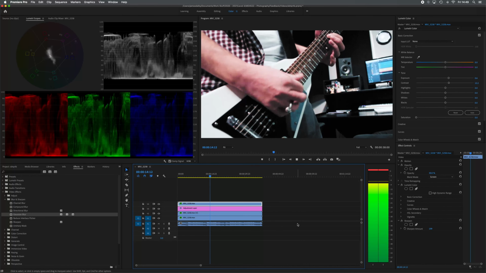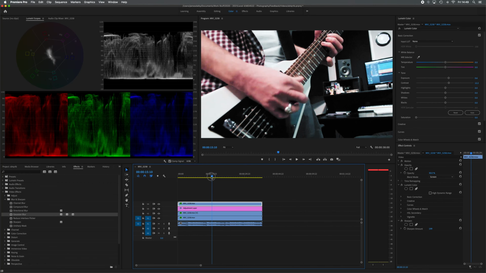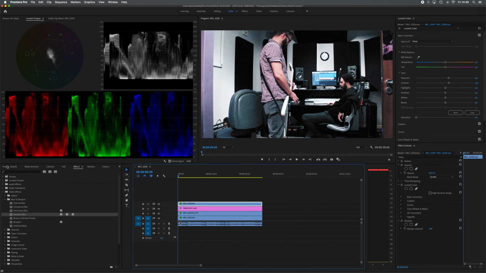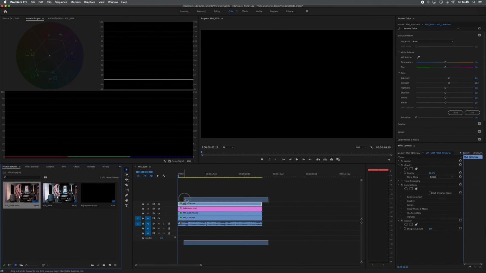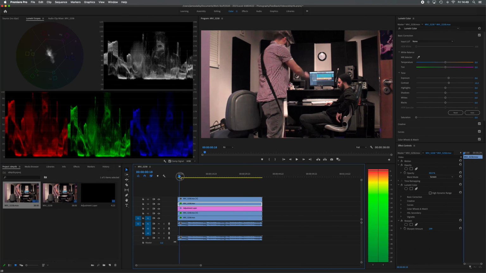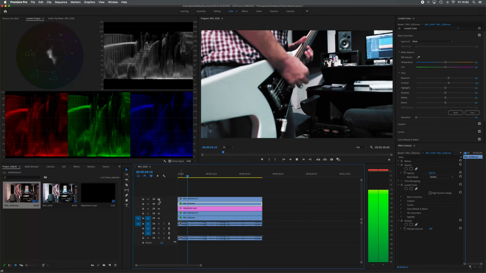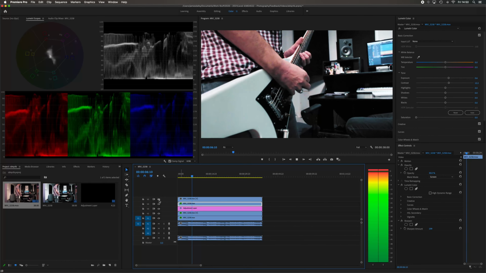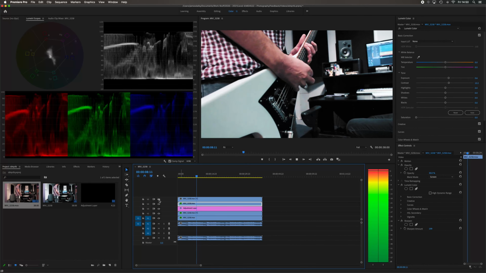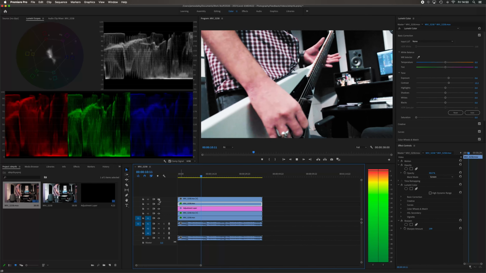So hopefully what you can see is, perhaps it doesn't look like a great deal, but if I bring our original clip in over the top, you can see the difference, can't you? If I play this through, you can see how it looks and then what it's color graded to. So I'm not saying that we've rescued it by making the new clip a whole lot better. I'm just saying that